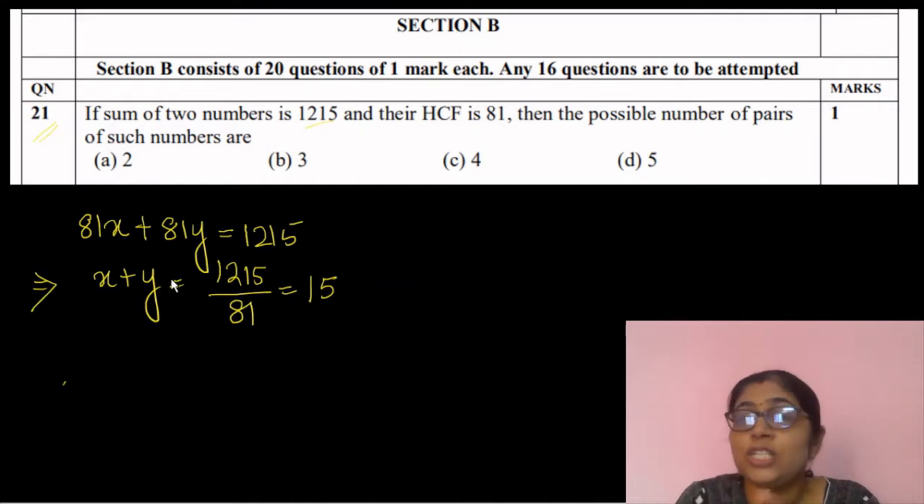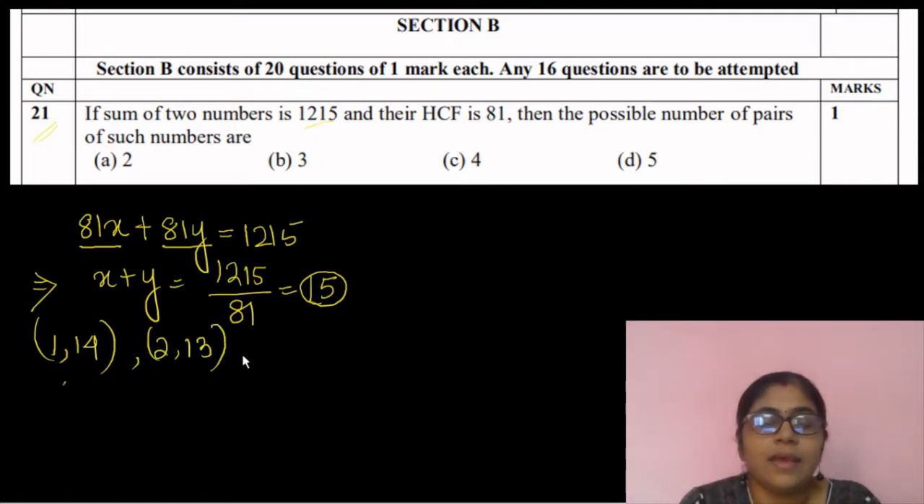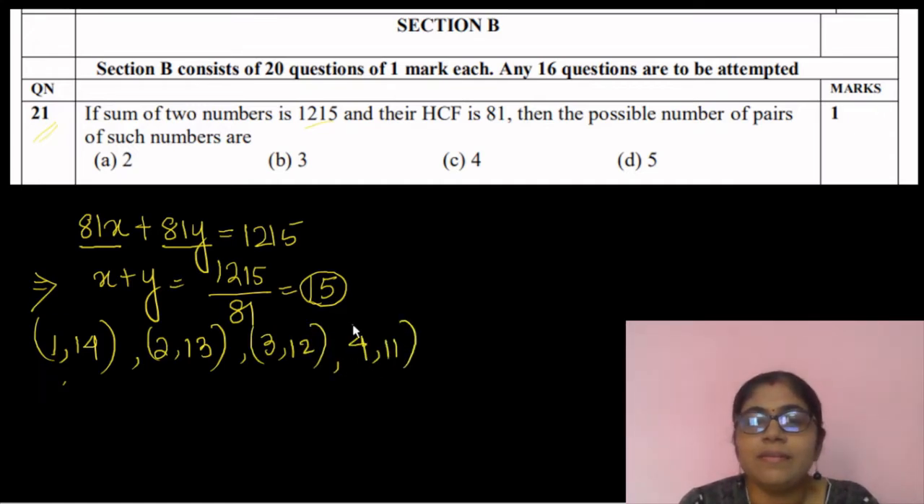X plus y equals 15. So 81x is our number and 81y. So x plus y is equal to 15. So it will be paired like this: 1 and 14, then 2 and 13, then 3 and 12, then 4 and 11, then 5 and 10,